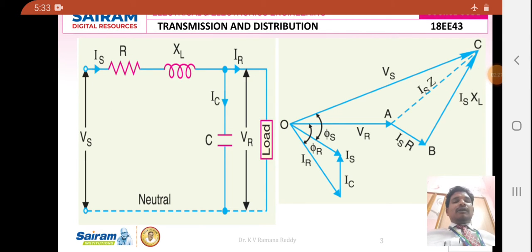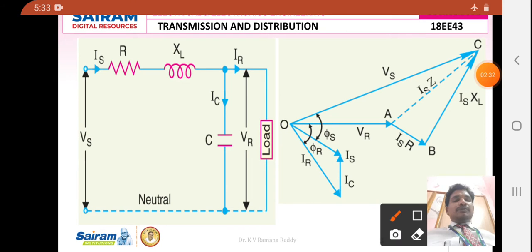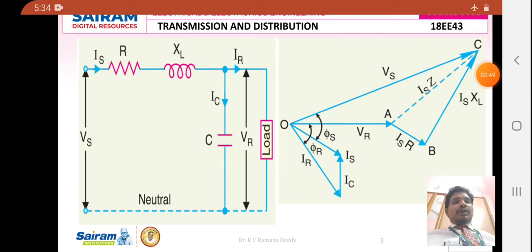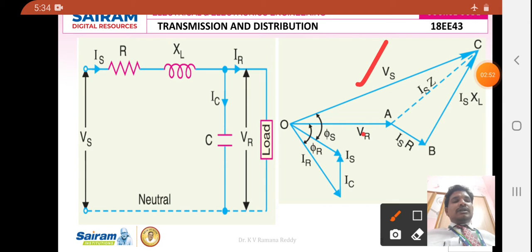To show the relation from one parameter to another, we have to approach the phasor diagram. In this phasor diagram, I have taken Vr as the reference voltage, that is the receiving end voltage. Between the receiving end voltage and the sending end voltage, there is a phase angle. This is Vs, and for this sending end voltage and receiving end voltage, there is Is of Z, which is in quadrature to Vs and Vr here.